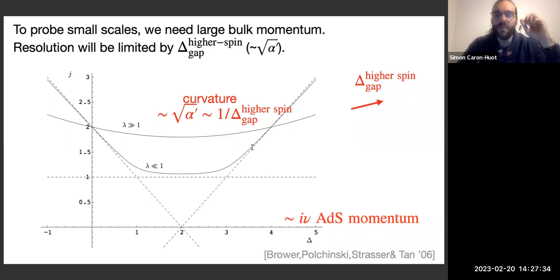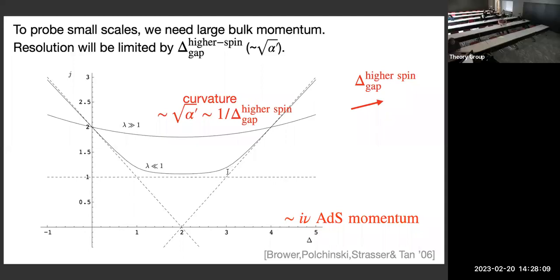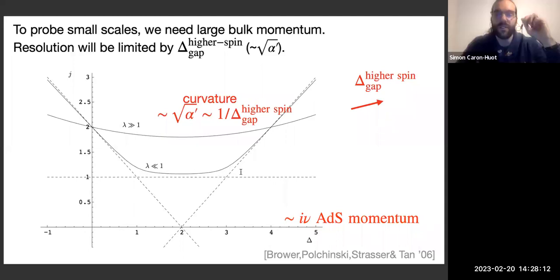This curve actually only cares about single trace operators, for reasons that I'll be happy to discuss more. In the weakly coupled CFT, the operators you have are like fields with more and more derivatives, and each derivative increases the spin by 1 and the dimension by 1, so you get the 45-degree line. So in the weakly coupled field theory, these trajectories are like a 45-degree line, and interestingly, there is a level crossing here that connects to a nearly horizontal one. And at strong coupling,